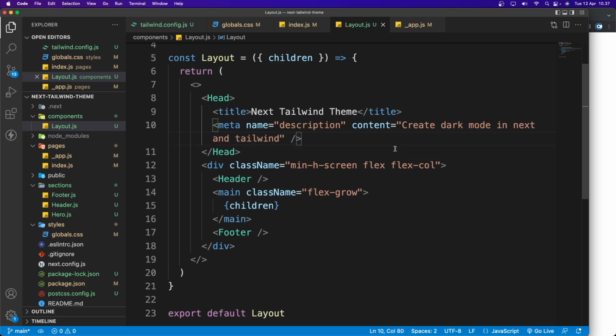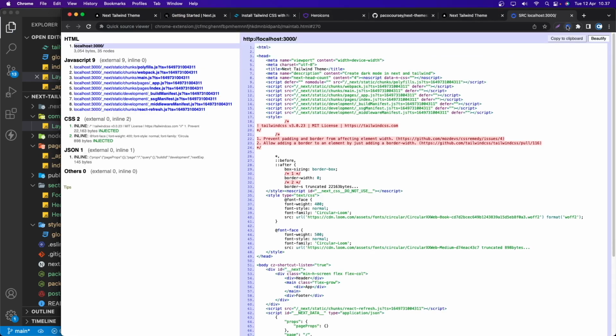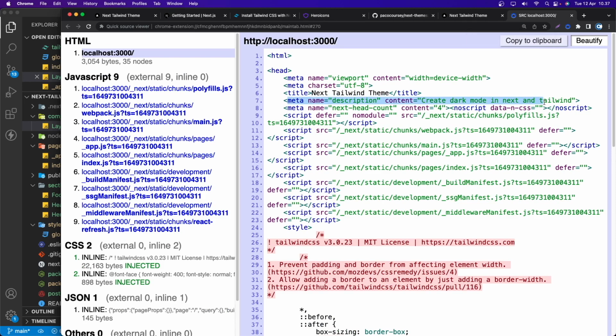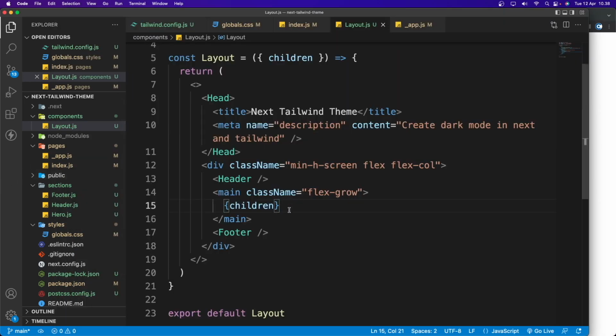Okay, so now if I save and if I click this extension here, I have an extension called Quick Source Viewer, and as you can see here we have this meta description and the content create a dark mode in Next and Tailwind. All right, so now let's go back, and what we need to do next is